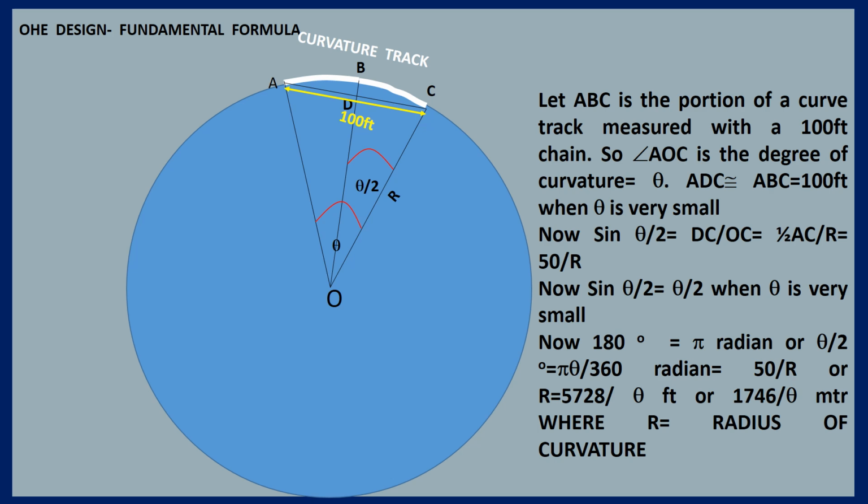So as the degree is small, the track in the curvature can be taken as almost straight for 100 feet. The surveyor uses a 100-foot chain, so our system will also use a 100-foot chain. If you measure the distance of 100 foot of the track,